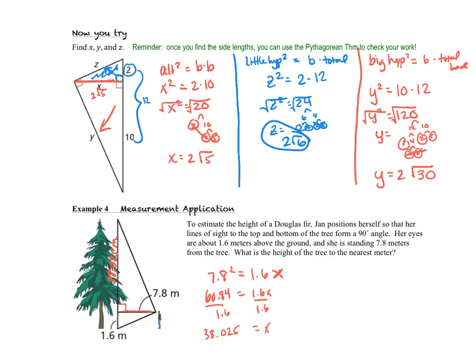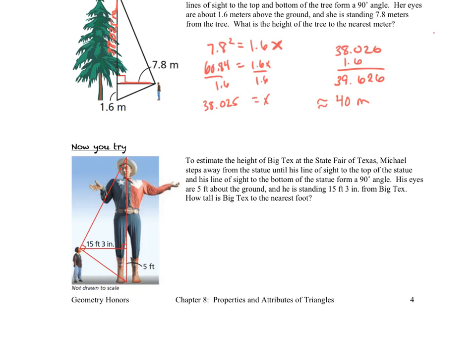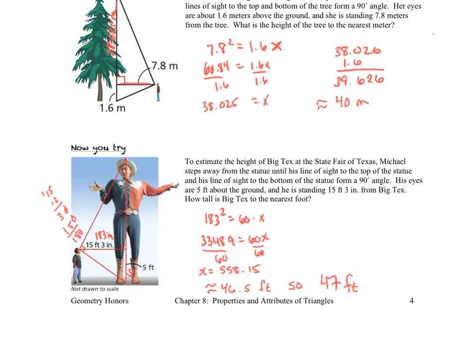Okay, and then we need the total height of the tree to the nearest meter. So what that means is that we have to add the 1.6 to it. It's 38.025 plus 1.6 is 39.625, but we need to round to the nearest. So that would be 40 meters. About 40 meters. For the now you try, I recommend that you convert to inches like we did in the last chapter. This is very similar to the problem we just did, but I ended up with about 47 feet. Meters, so I would